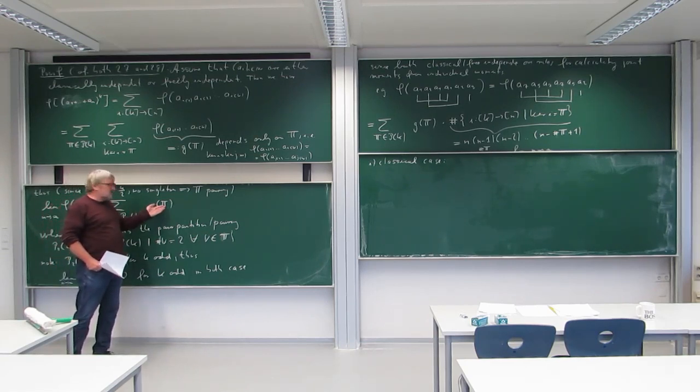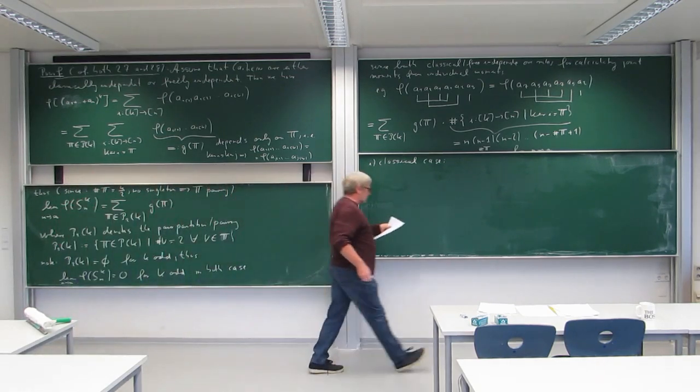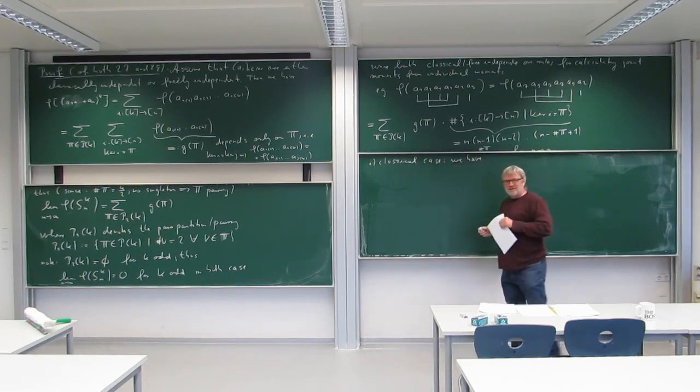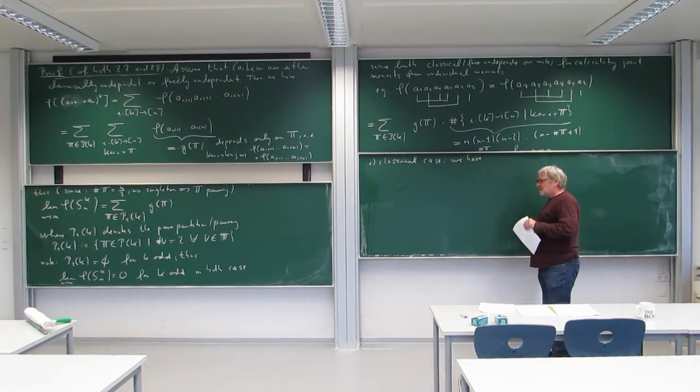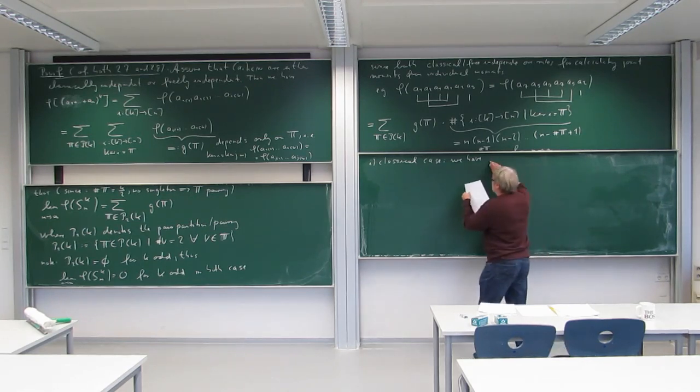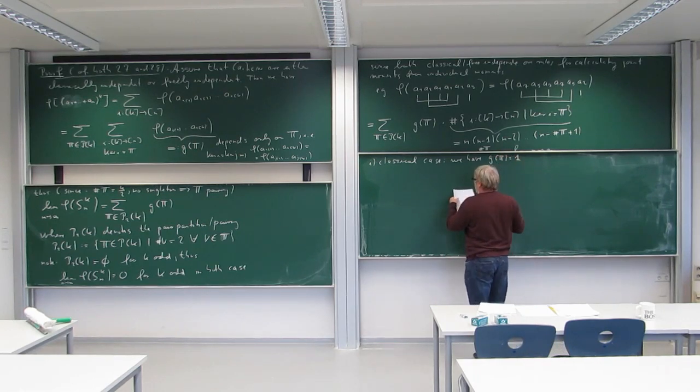And this is independent of pi. Of course, this is true for everything. So in the classical case, we just have that this g of pi is the same for all pi, and it's actually 1. So here we get the normalization of our second moment, because in general, we would have to multiply the second moments of our variables. So we have g of pi equal to 1